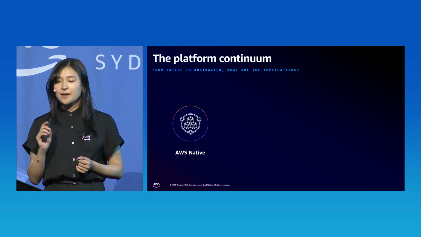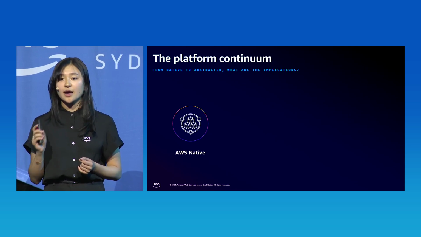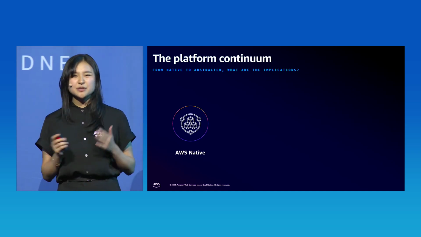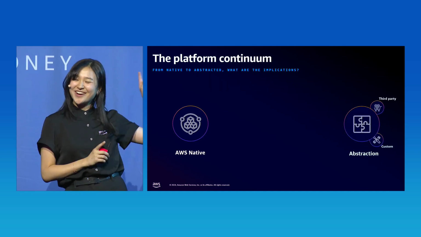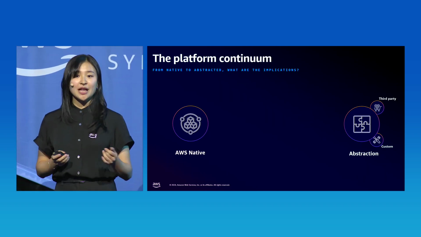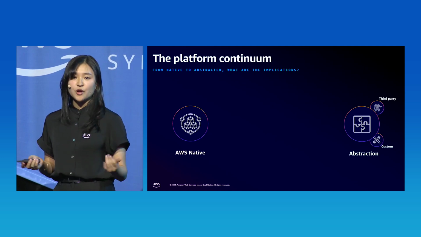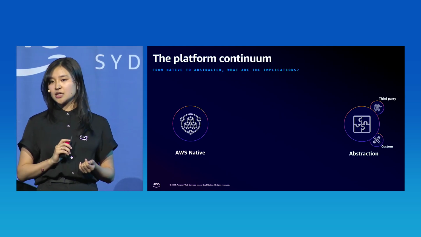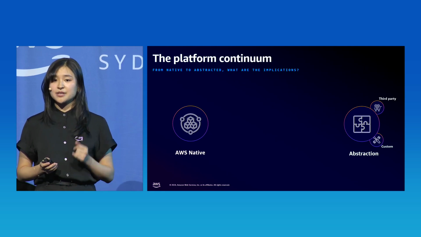But an even bigger challenge is if you're faced with the reluctance to change your organizational ways of working around the cloud platform. Sometimes the knee-jerk reaction to this can be to build an abstraction on top of AWS. Now we've swung to the right side of the continuum. An abstraction can mask away the complexities of managing cloud infrastructure away from engineers, integrate with existing ways of working, ops workflows, secrets management, approaches to risk, maybe even deliver on the promise of creating a unified engineering experience across AWS, other cloud providers, and on-premises.